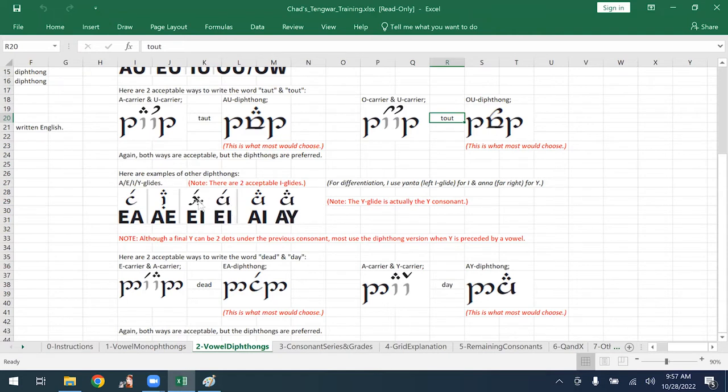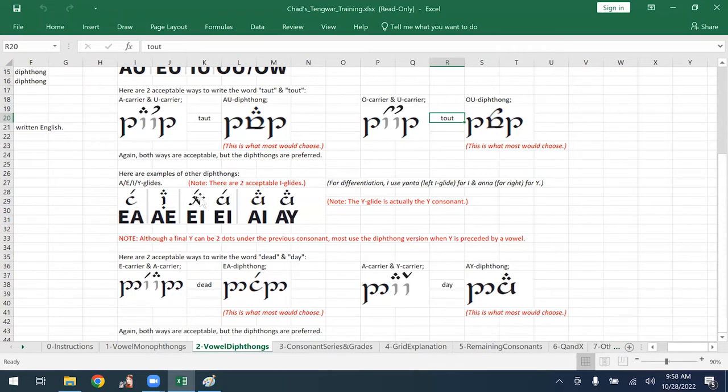However, in Quenya, we see Tolkien using Yanta. This is Y-A-N-T-A. This is called Yanta. So he used that for I glide in Quenya. I have not seen him use the Yanta as an I glide in English, but in the real world, we see people using both. Matt has gone strictly to using Yanta for I glide, and we're actually still considering whether or not we would do that. But whenever I was learning this stuff better from Matt,